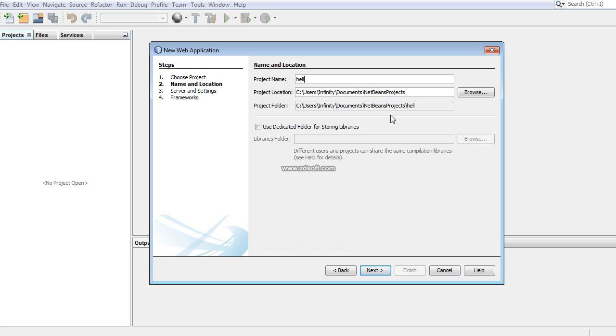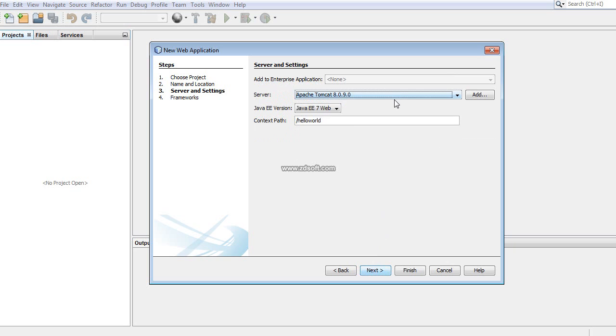So our project is for displaying hello world to the user. So let us write the project name as hello world. You can give any name to your project, that depends on you. Select the server. Obviously we have two servers. First is Glassfish and second is Tomcat, and as I said before, Tomcat is much faster as compared to Glassfish. I'm going to select Apache Tomcat,